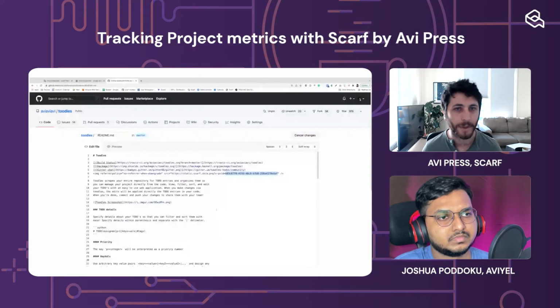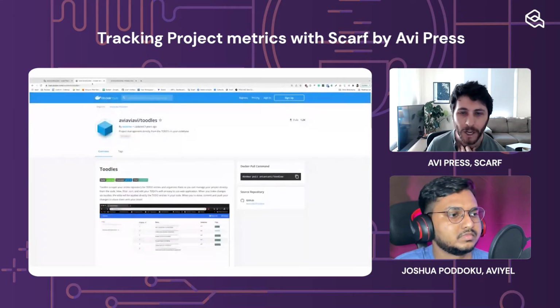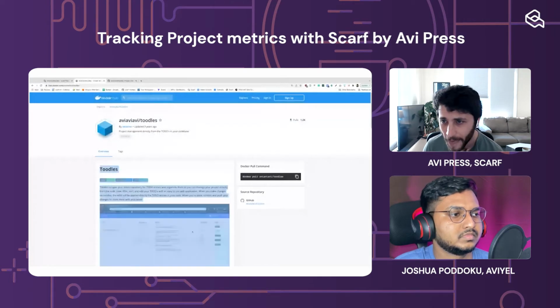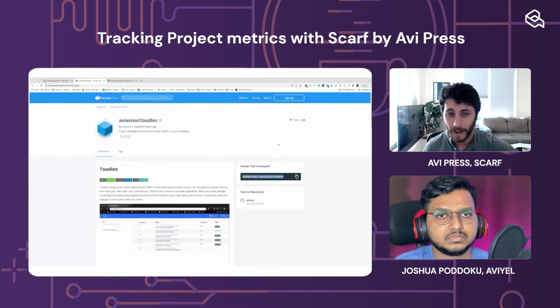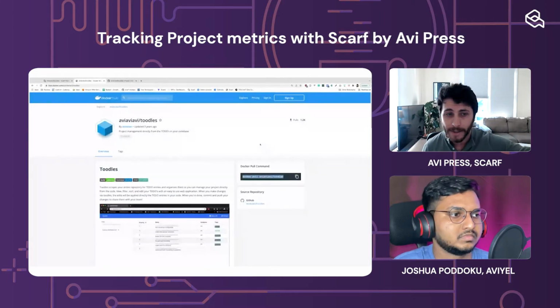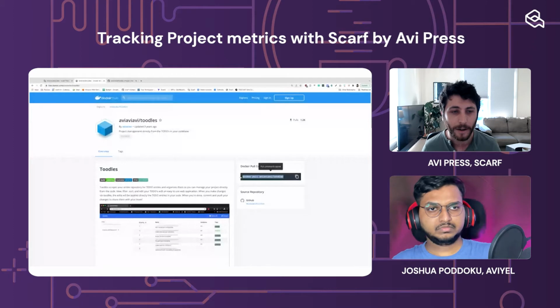And so this is really powerful because what can happen now is, I'm actually not going to commit this right here, but the idea being that if someone loads my README on Docker Hub, and then they go pull down the actual Docker container, Scarf can now correlate those events and basically say, yeah, someone in the United States loaded the README, and then that exact same address went and pulled down this Docker container.